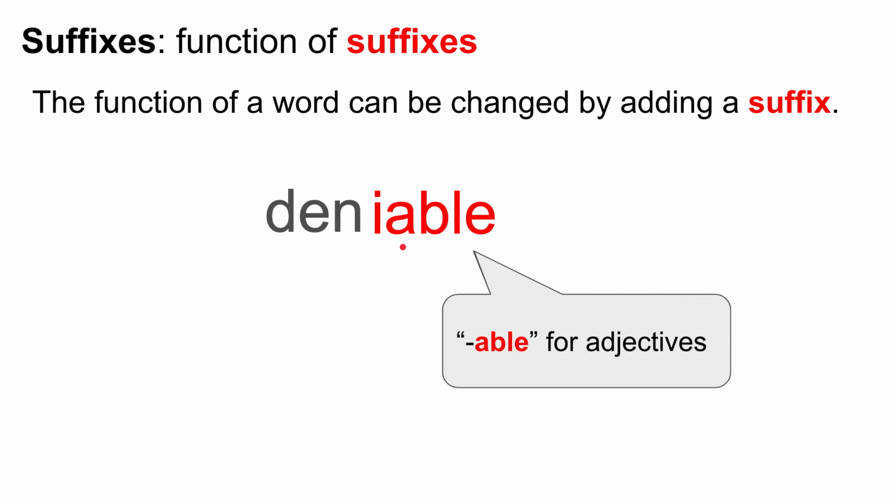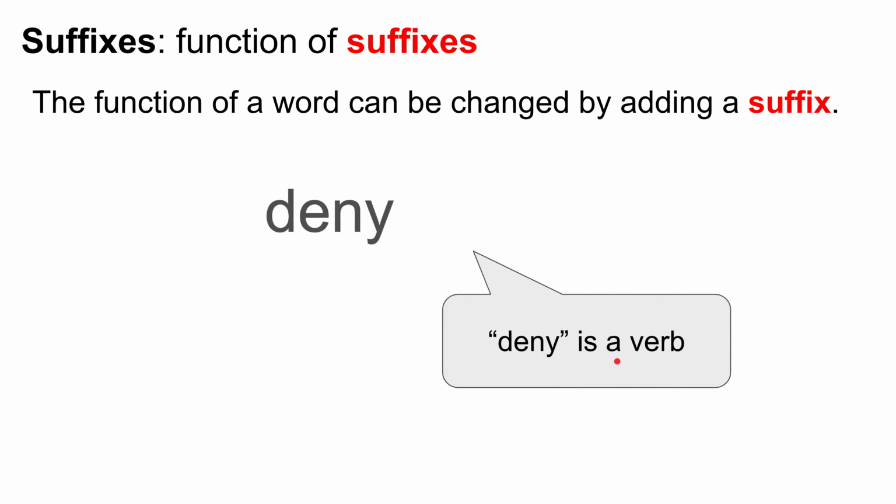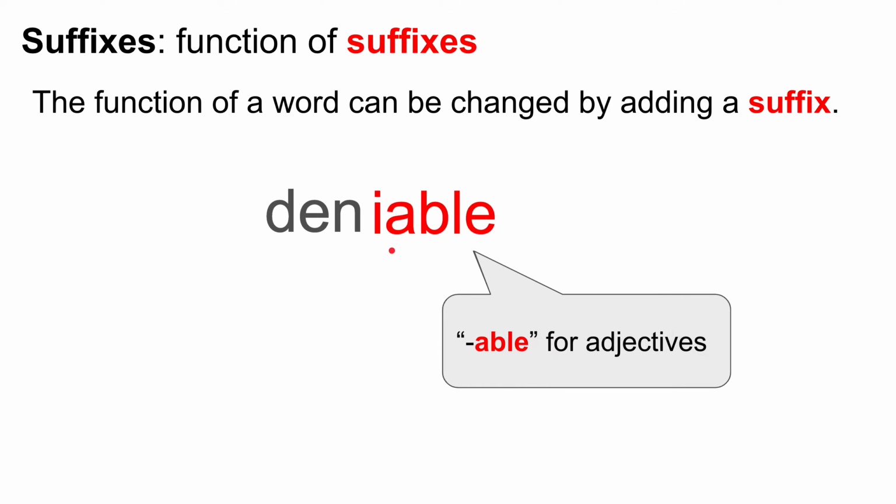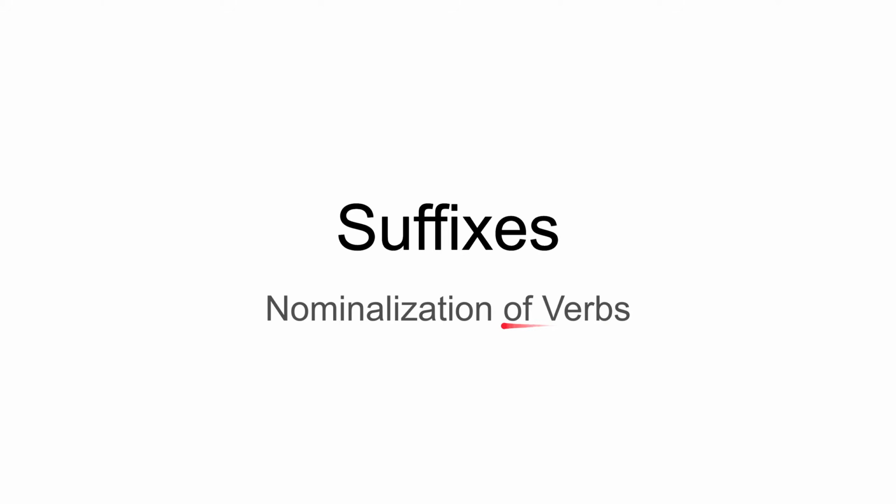If I change deniable into deniably, now it's an adverb. Why? Because ly is a suffix for adverbs. So we can see that by adding a suffix, we can change the function of a word from deny, a verb, to deniable, an adjective, to deniably, an adverb. Moving forward now, we're going to be looking at some suffixes that nominalize verbs, that is, change a verb to